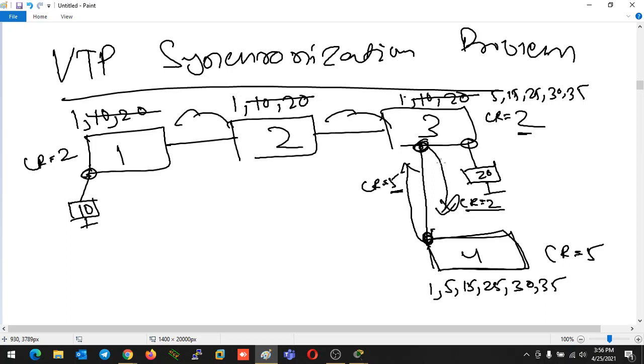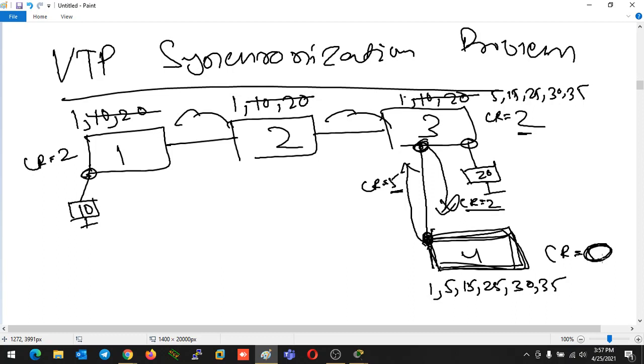So to get out of this problem, or so that the problem should not occur, we have to take some precaution. What kind of precaution do we have to take? First of all, whenever we are going to add a switch, like switch number 4, to my network, we have to change the CR number to 0. After that only we should connect the switch. This is the precaution.